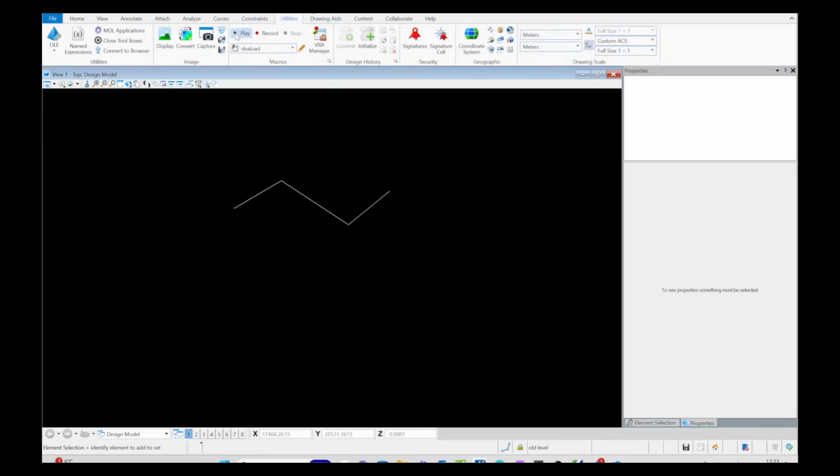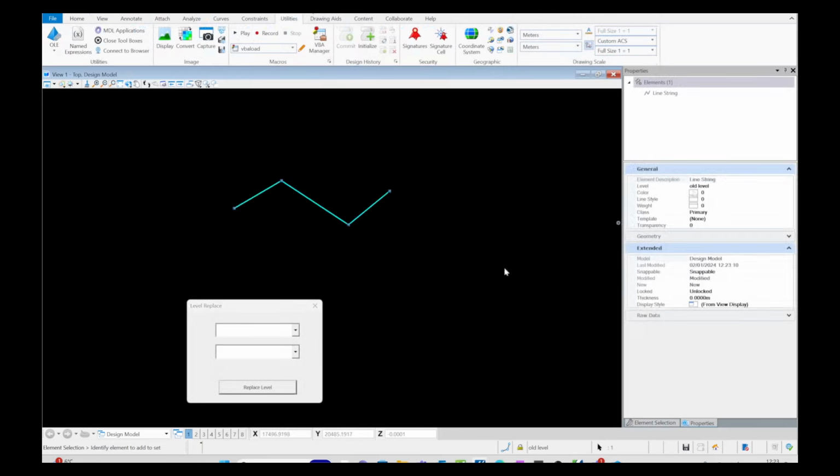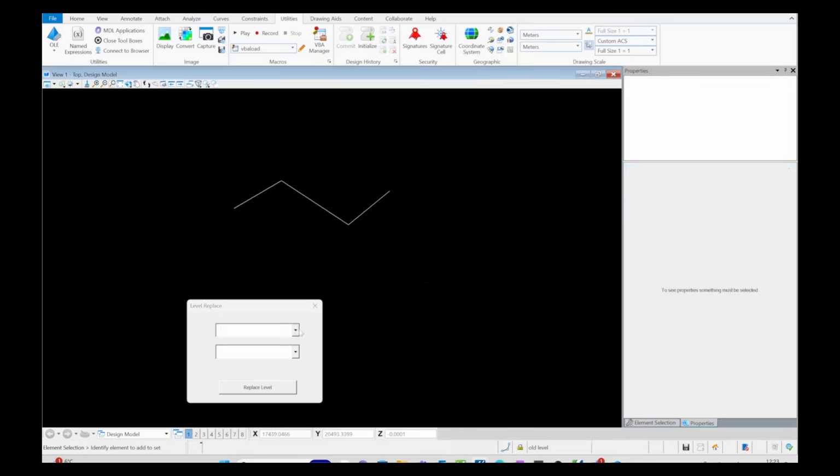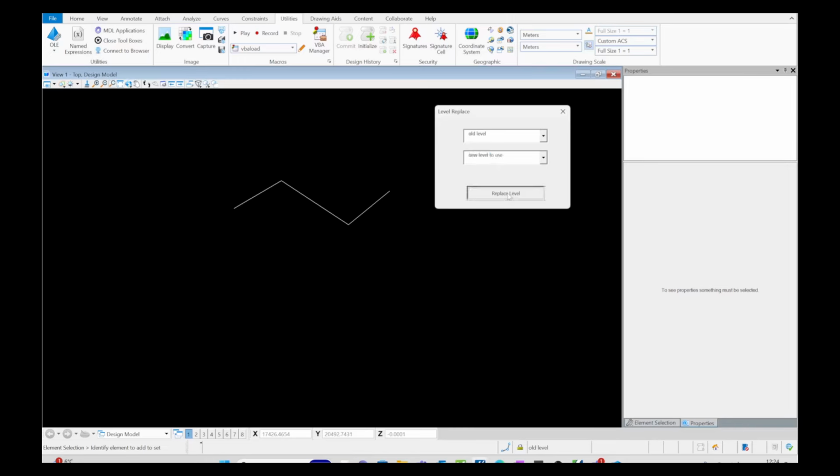There you go. Now let me see. So this is in the old level. Good. So I will unselect. I'm just checking, but you don't have to select. I'm checking what level I am on. So you can pick up from your old level to your new level to use and do that,